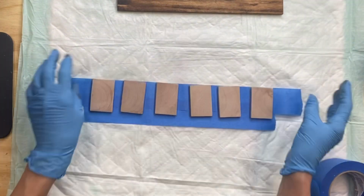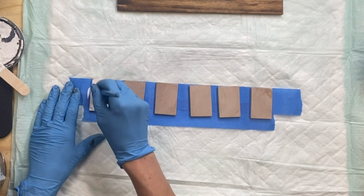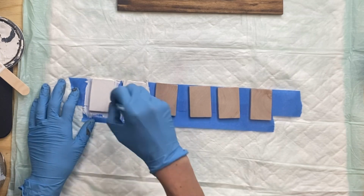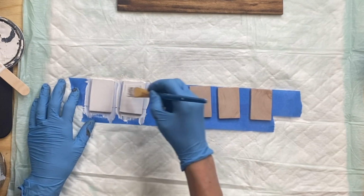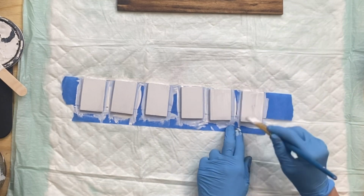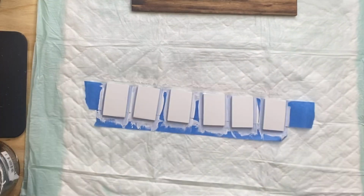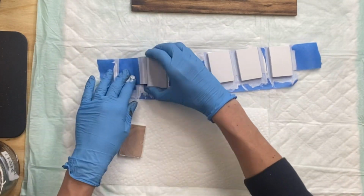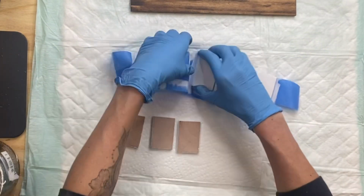I'm going to apply some painter's tape to the back side of the rectangle pieces, and then I'm going to take some Wise Owl Snow Owl and paint the front side and the sides of all 6 pieces. And you want to give this good coverage, so you may have to give it 2 coats. Once that is completely dry, I'm going to remove the rectangle pieces from the tape and flip them over